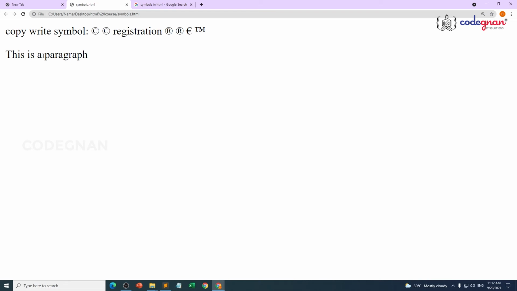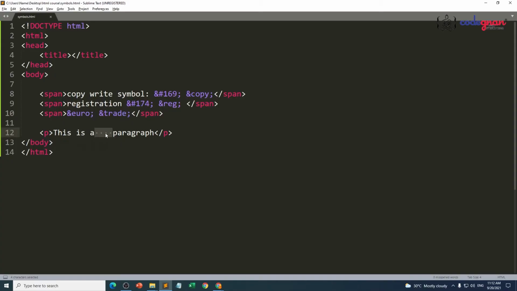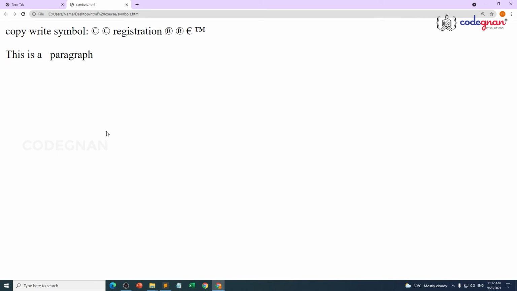It is going to display only one space in here. What about my remaining 3 spaces? If you really want to create a space like this without using PRE also, it is possible. What you need to do is use one special operation called ampersand NBSP semicolon. You can see a small space.